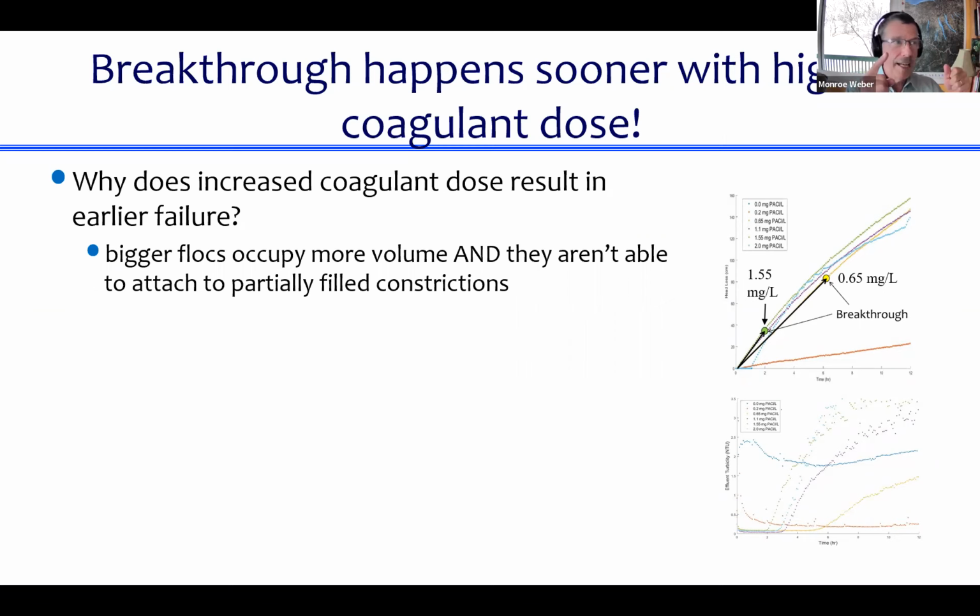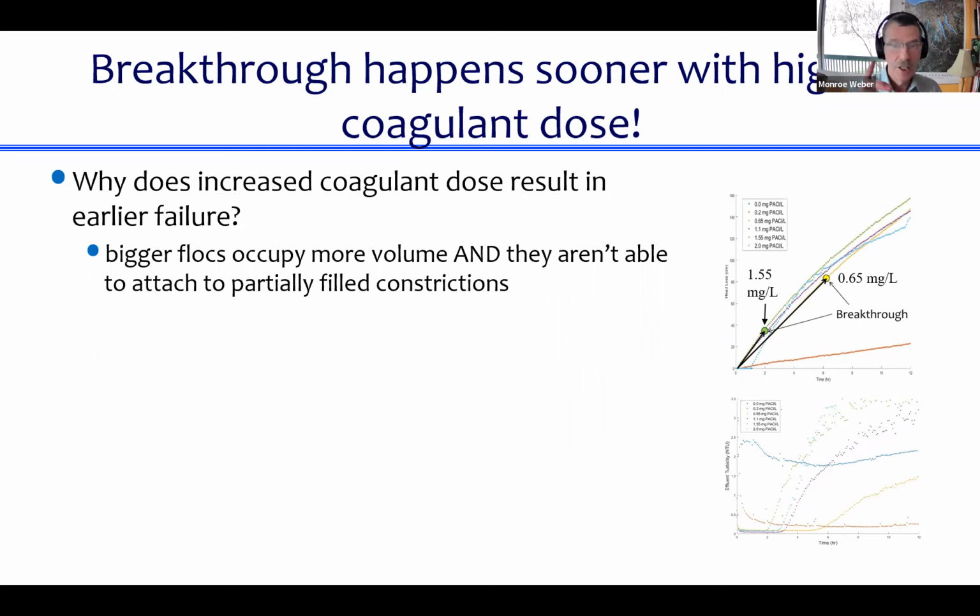As we increase the coagulant dose, we increase what fraction of the clay particles are coated with coagulant and how much sticky surface there is on each clay particle. That means that when two clay particles attach, if the coagulant dose is higher, the probability that those two particles attach is higher, right? If you increase the coagulant dose, then the chances that you hit sticky when you come together is greater. And so the flocks inside the flocculator are going to grow faster and larger when we